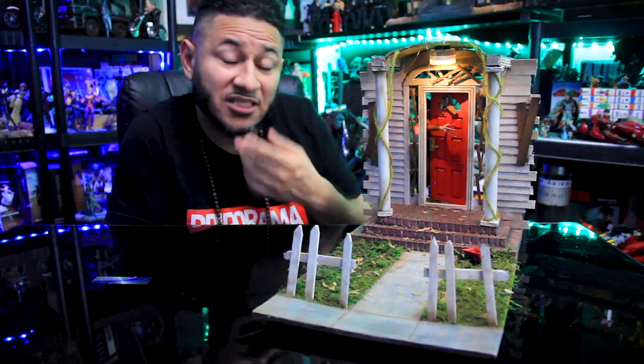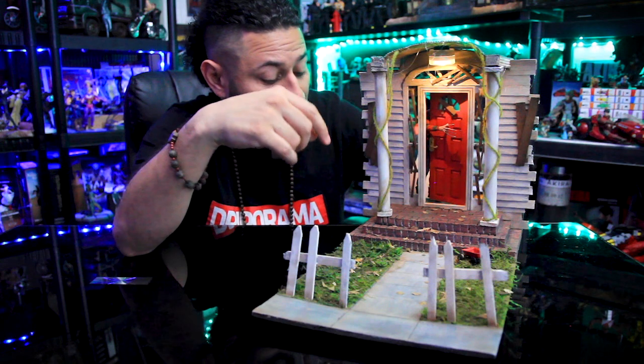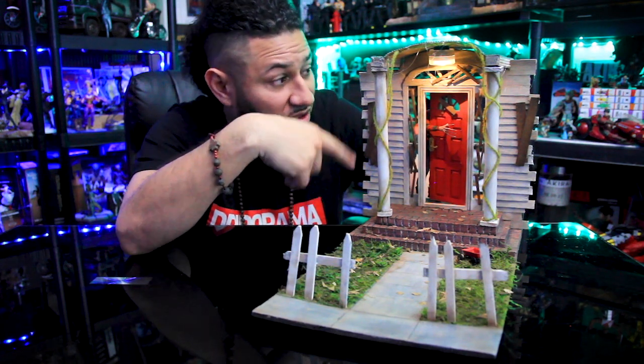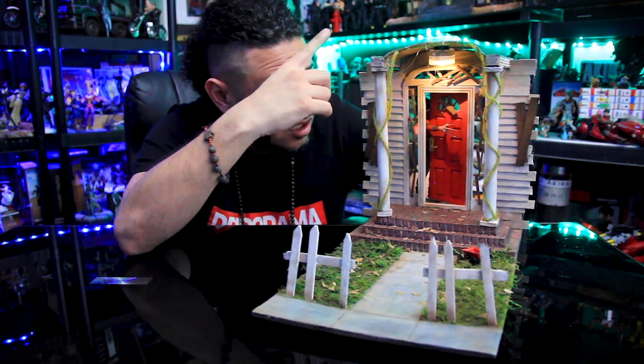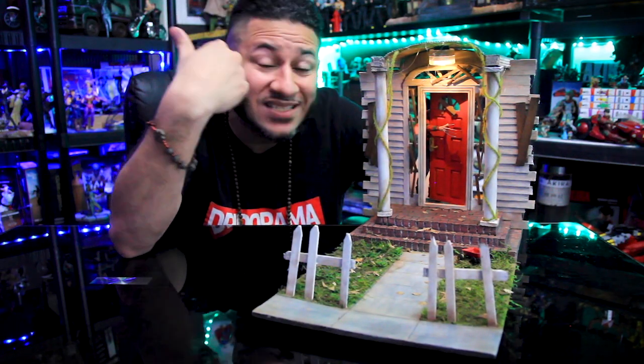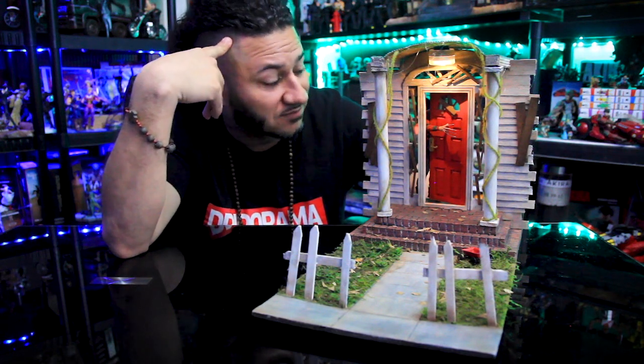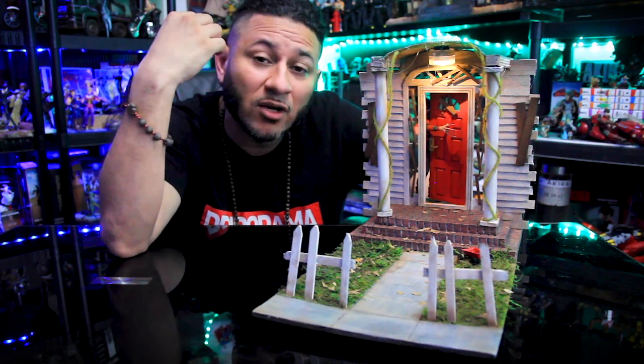And guys, the materials are the same. Using foam board, using balsa wood, using some cylinders that I got at the dollar store. The doors from Wish, added a light, the wagons from Wish, and that is basically it. Literally basically it. But yeah, this is such a great build and such a great way for me to